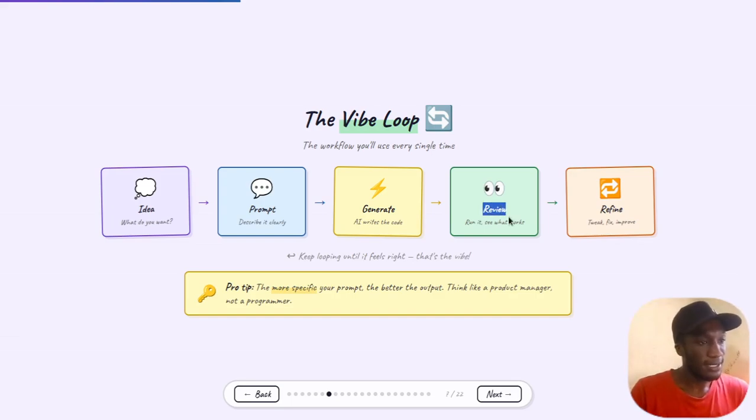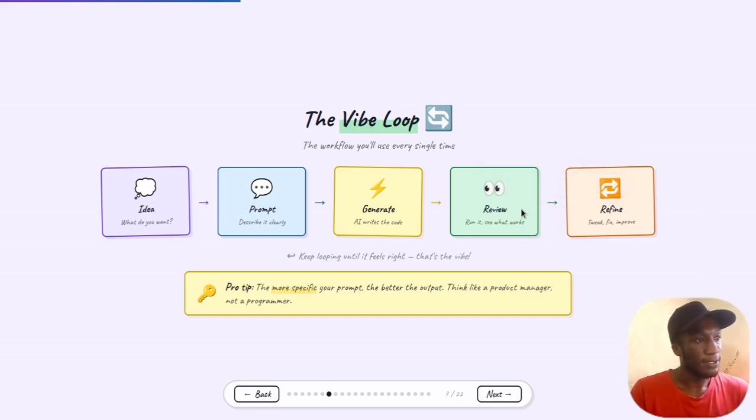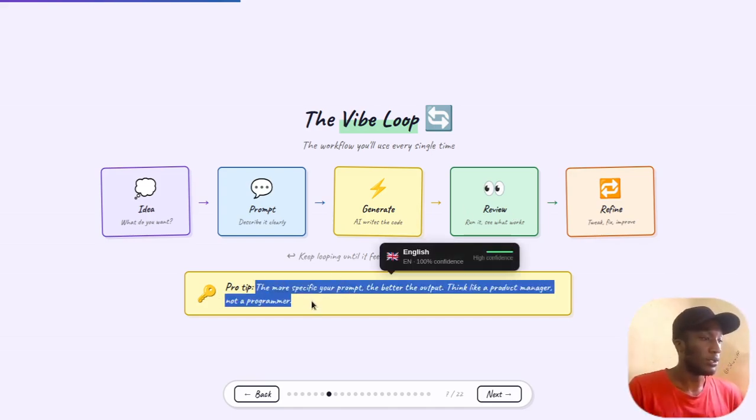After it has given you what you wanted, you need to review and see, does it work how you anticipated, or does it solve what you wanted? If it doesn't, you come back and refine, tweak or fix, and improve to get what you want. Keep looping until it feels right, then you continue with using the tool.